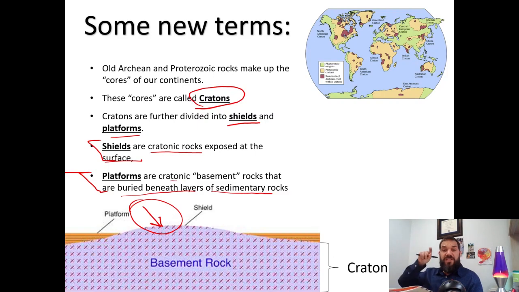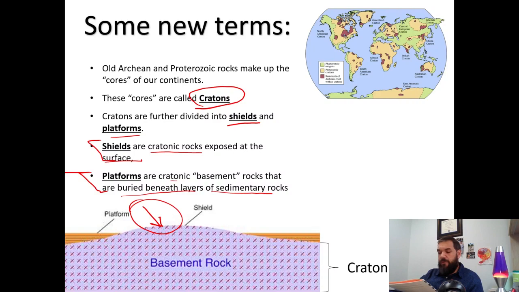A shield is where it is exposed. You actually have the oldest rocks exposed. A lot of times in North America that happens in Greenland and Canada. We don't have too many parts of the country, maybe Montana and Wyoming, where you can actually look at real shield, the North American shield. So that's number 7. What's the difference between cratonic